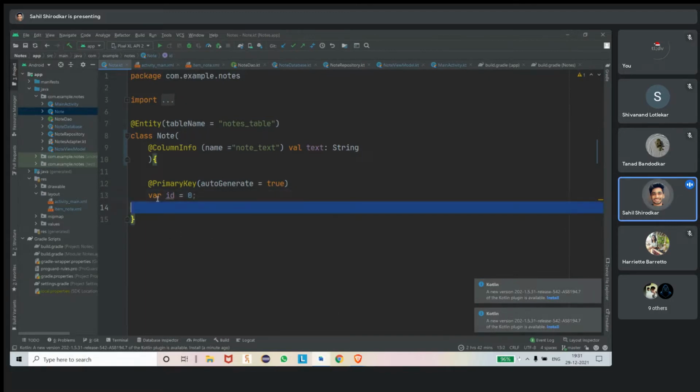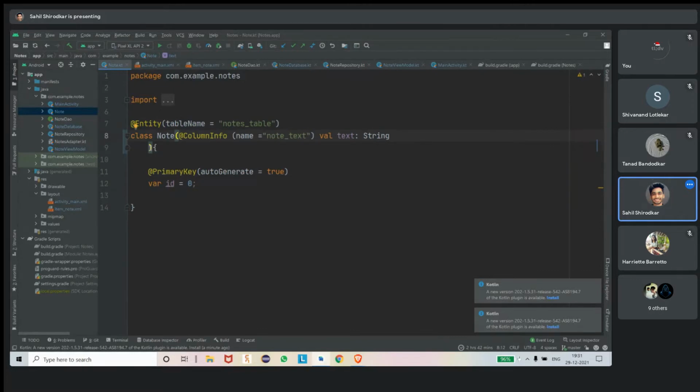So you got to know how we create id. Class Note, a constructor in Kotlin. I have taken a val text from the user and given it a ColumnInfo column. The second variable id, I made a primary key, and I have written autoGenerate so that it will auto generate the primary key. Why did we do this?